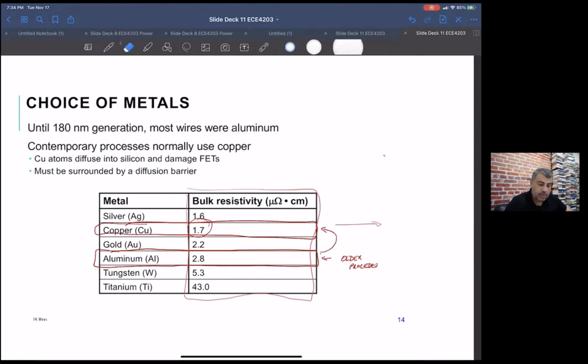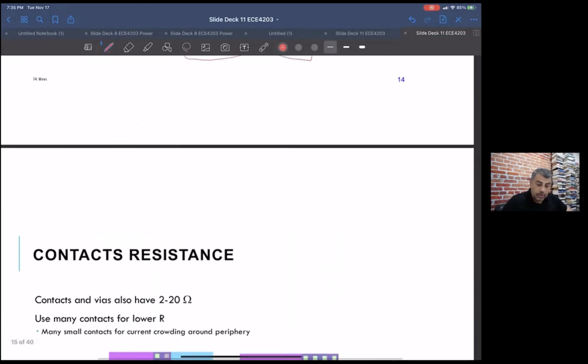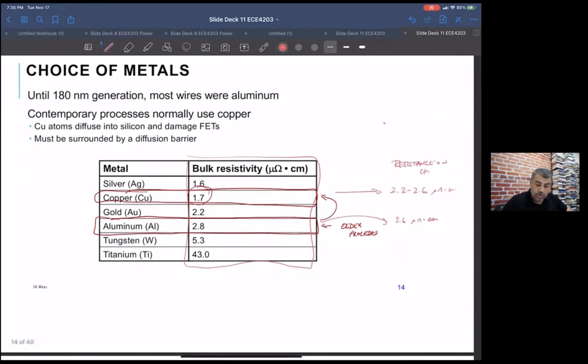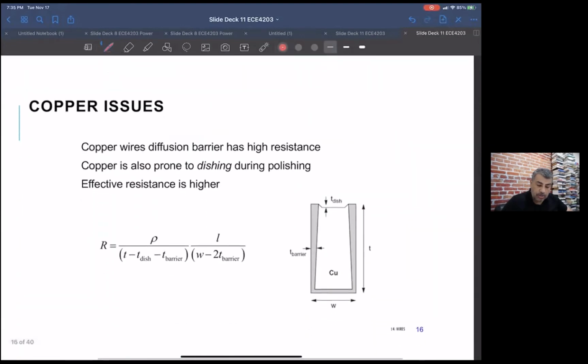So if you look at resistance on chip, the resistivity of copper is around 2.2 to 2.6 microohm centimeters, and aluminum is a little bit higher, roughly 3.6, depending on how they make it. So just remember, it tends to be a little bit higher. Okay, so that's for the choice of materials, and I guess I should jump to the issues with